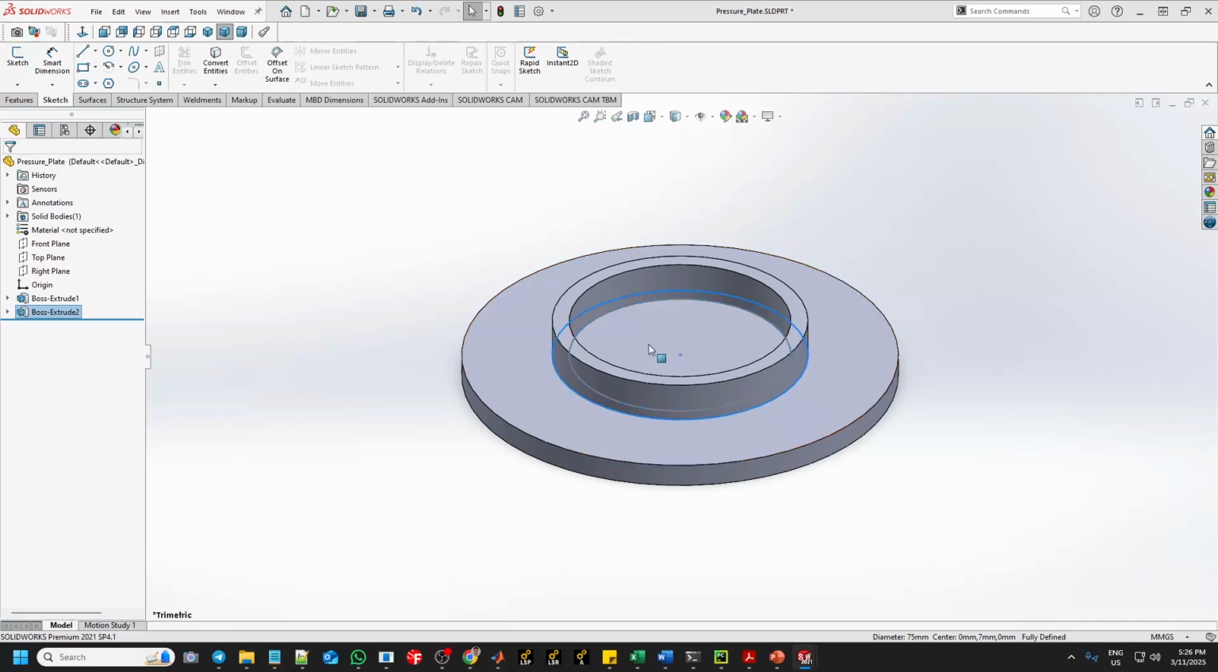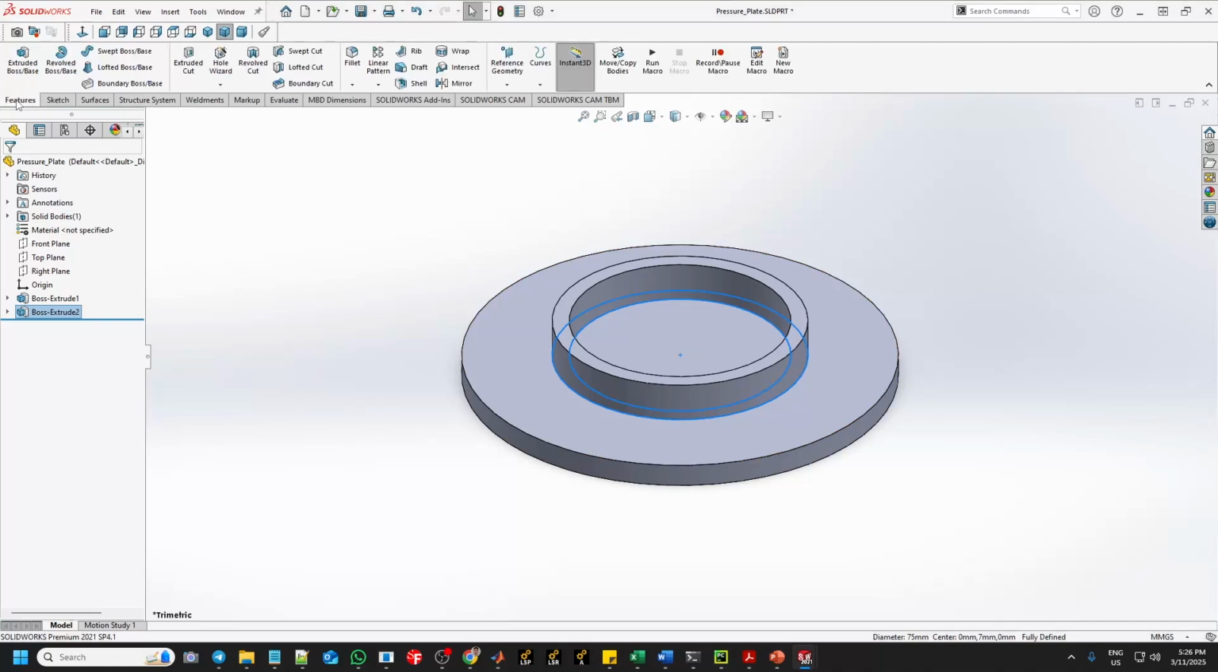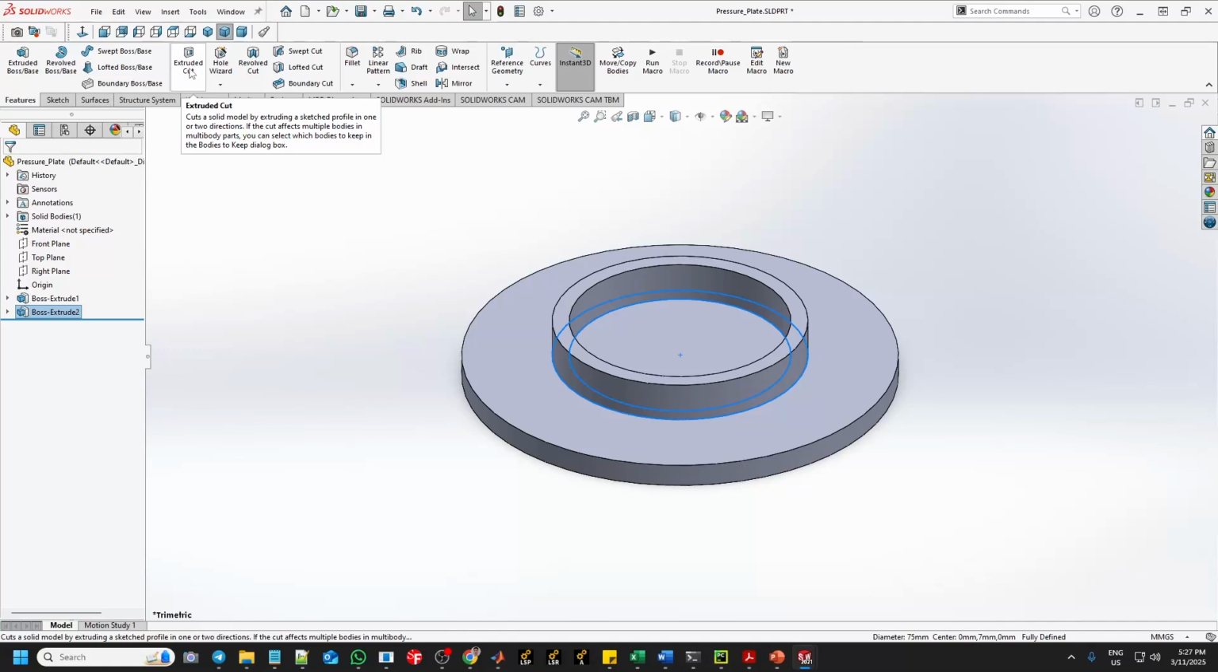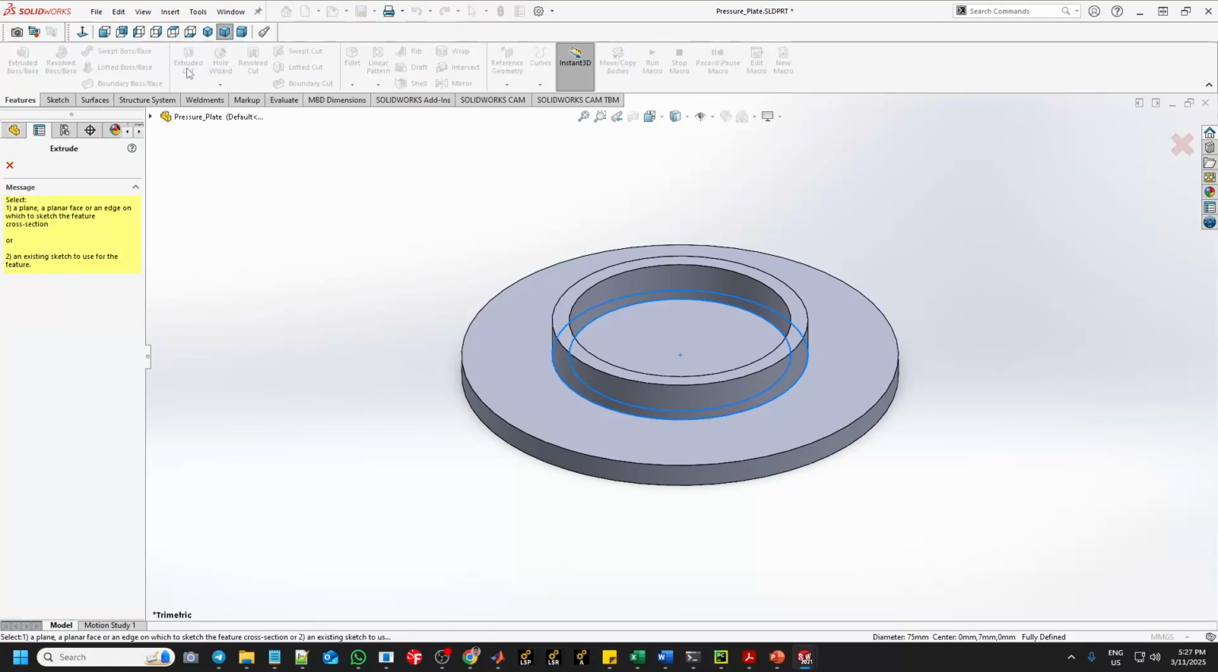Now we want to cut some parts here. So we will go to the feature toolbar and click extruded cut. So this is extruded boss. This is extruded cut. So you will select the top face of the boss extrude. So there are some options here. So you can click here,